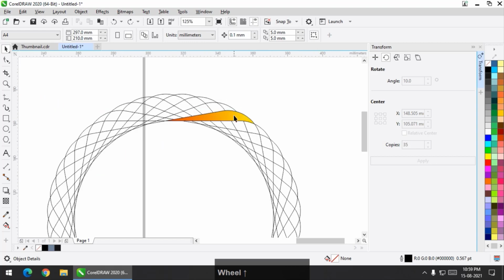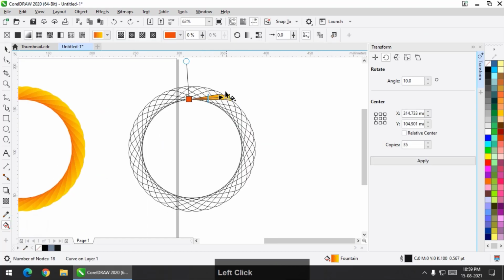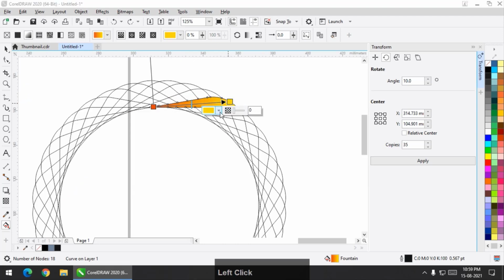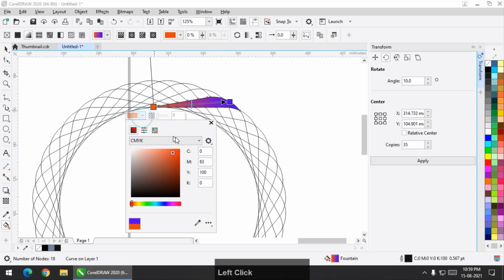Similarly, if I want a different color combination, again I'm going to use the Interactive Fill tool, and maybe lavender or purple, and a bit different color, maybe a reddish color, like this. So this is how it will look.